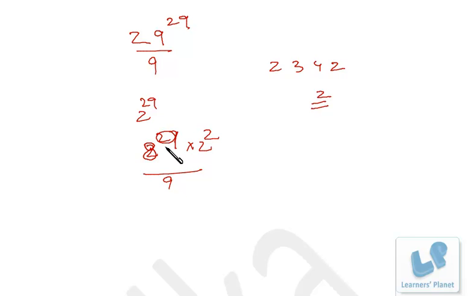Okay, so that 8 into this 4, 32. So the final remainder is 32 divided by 9, that is 5. Right? So that is the digital root, and that is the same number, that is the remainder if this expression is divided by 9. Okay, so that was an application of the remainder theorem. I hope you are getting it.